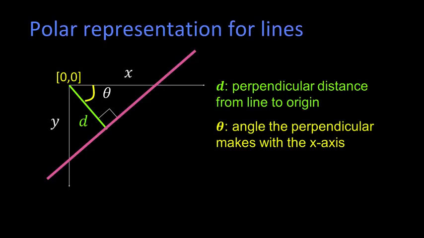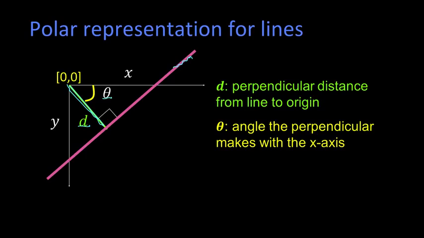So in our polar representation, this purplish line here is going to be defined by two quantities. One of them is just this distance d. This is the distance of the line to the origin, the perpendicular distance. It's the distance to the closest point on the line to the origin. And the second parameter, so that first parameter is d, and the second parameter is theta, which is just the